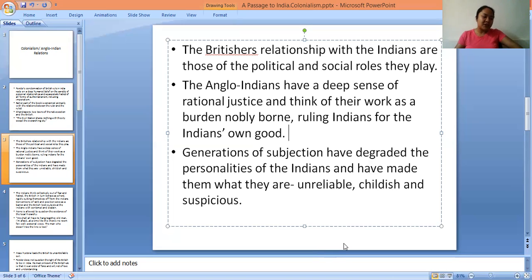We see this in passages like, I'll read out this quote: "We're out here to do justice and keep the peace. We are not pleasant in India, and we don't intend to be pleasant. We've something more important to do." This is one such passage. And Ronnie Heaslop thinks of his work as something that is nobly born, that it is a noble work. However difficult the job, the burden may be of civilizing these savages or these barbarians, it is a noble task